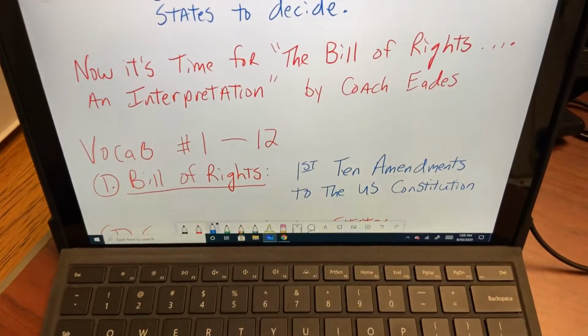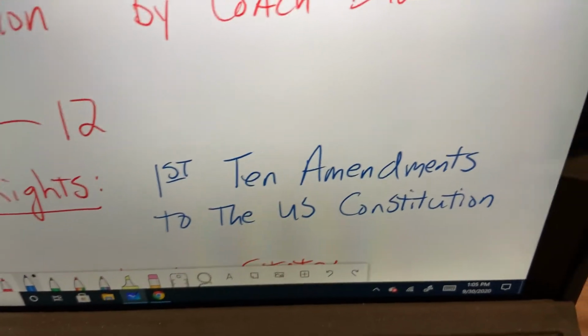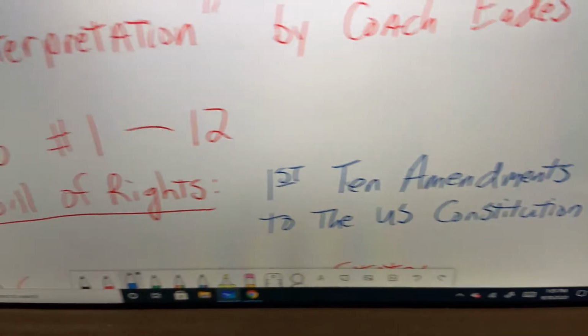Now let's look. Get your notes out. The last thing you should have in your notes is Amendment 10, leftover spaghetti. So now we're going to our vocabulary words. The very first word is easy, the Bill of Rights. What is the Bill of Rights? You should all know that it's the first 10 amendments to the Constitution. It was added at the beginning, before the Constitution was even ratified by the original 13